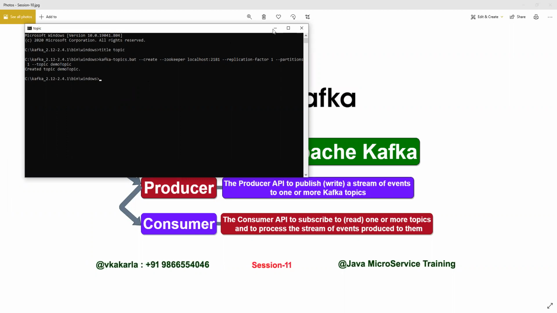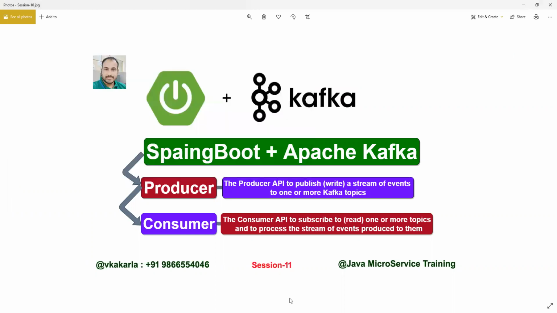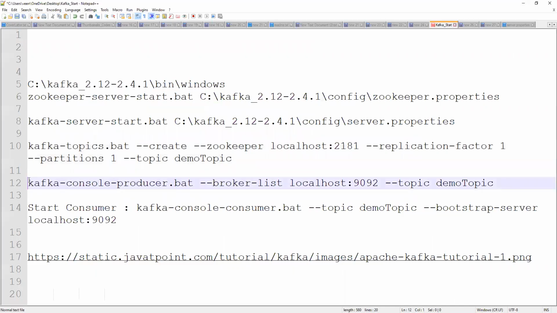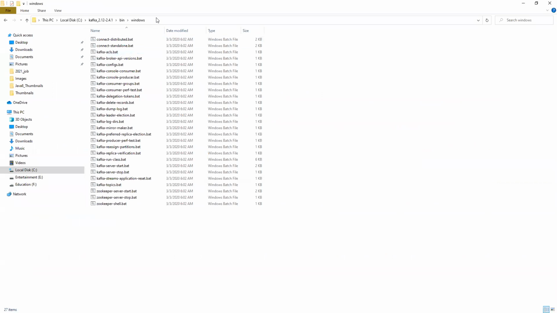Now we can open the producer by using this topic. We can run the producer on demo topic on the broker list. So we can open one more terminal for the producer CMD.